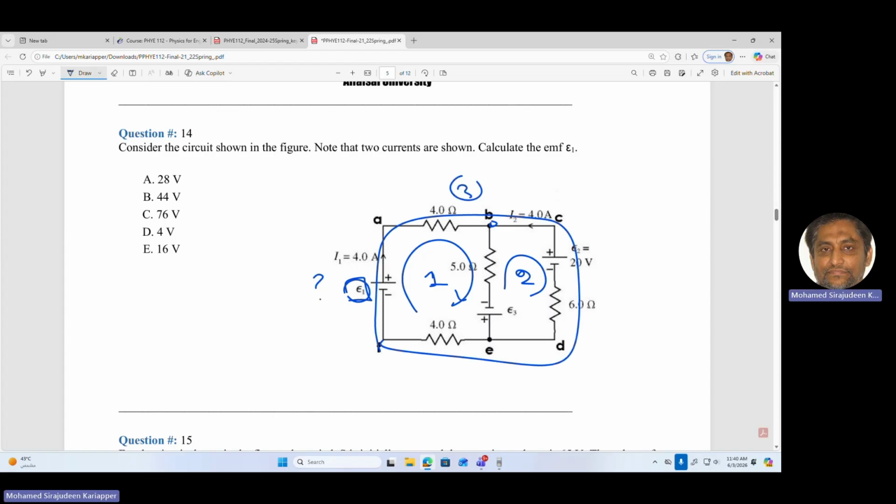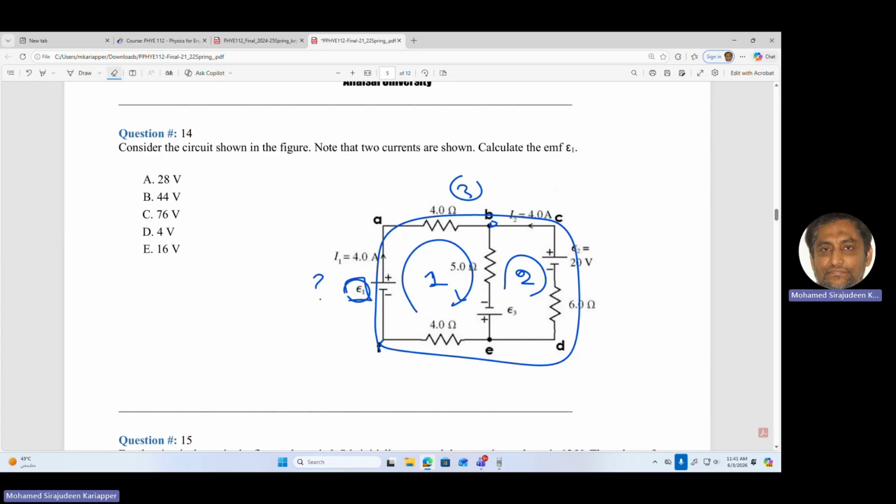Which one should I choose? 3. Why do you say that? Because all the numbers are given, there is no unknown. Only unknown is what we need to find. Very good. So you get the answer right. Okay, right. Did you do it on your own, right? Okay, very good. So we'll go to,